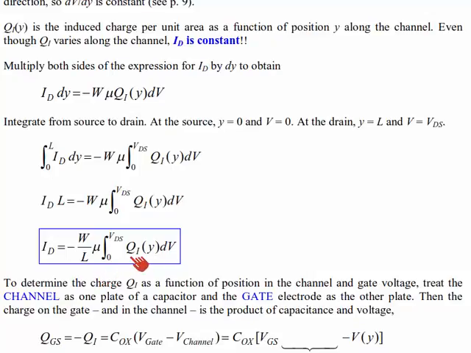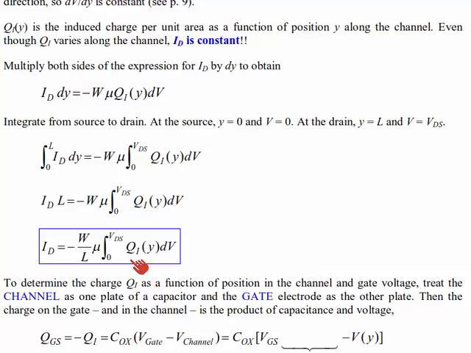Okay, how do we deal with this inversion charge Q sub I? One way to think about it is to recognize that the device we're looking at is basically a capacitor. On the top plate we have the gate electrode, on the bottom plate we have the channel inversion charge. So when you want to know the charge on a capacitor, you can calculate it by taking the capacitance multiplying